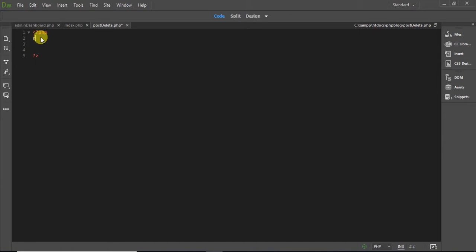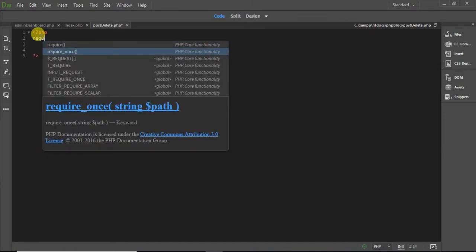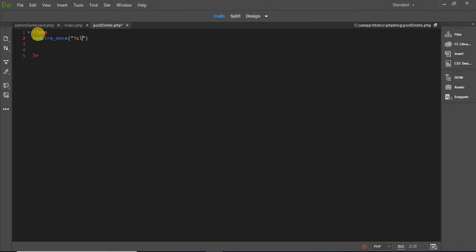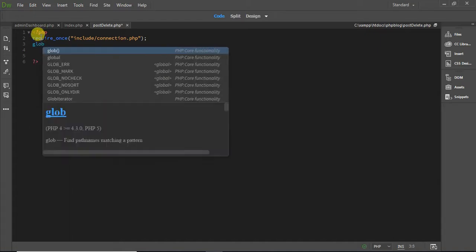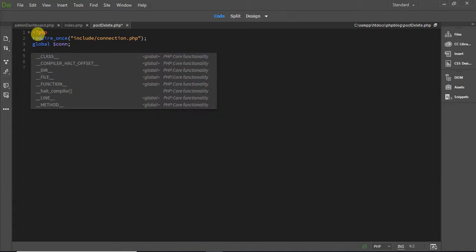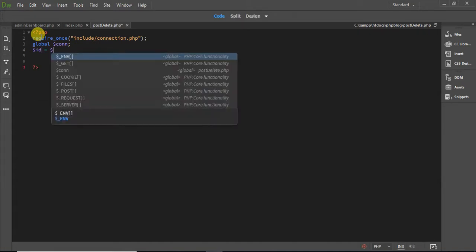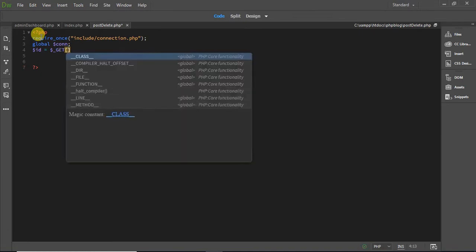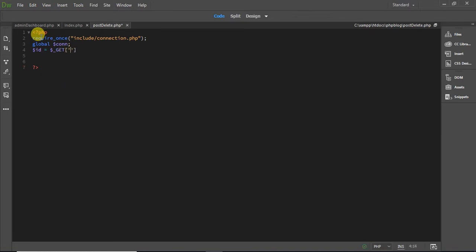Here I will include this is the folder, and there is connection.php that will handle all. Let's global $connection. Now query id is equal to $_GET id,